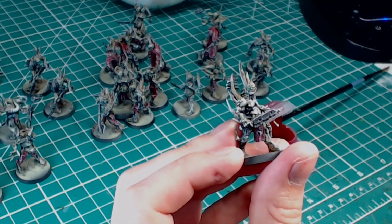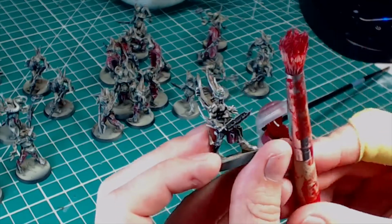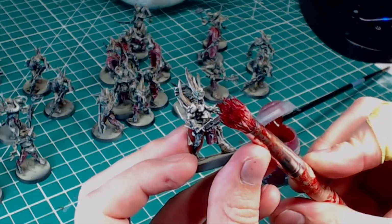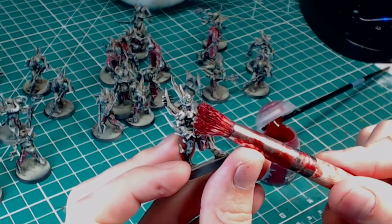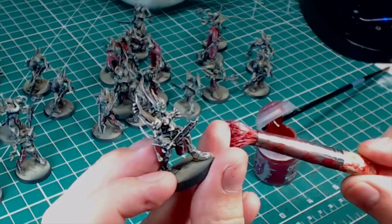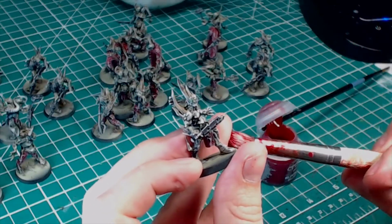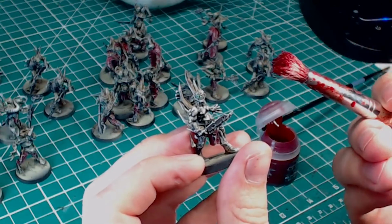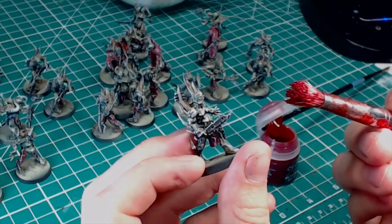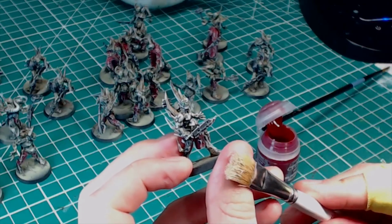Now the first thing we're going to do is the splatter. For that, I use this brush here. You can tell it's seen a lot. It's my blood brush. This is a very stiff bristled brush. Basically I use it for stippling is what we're going to do here. So if you don't have something like this, you could use maybe the brush you use to dry brush with, something like this,